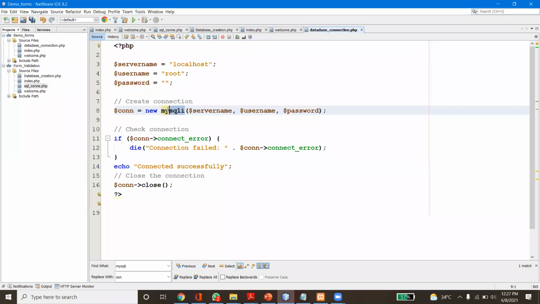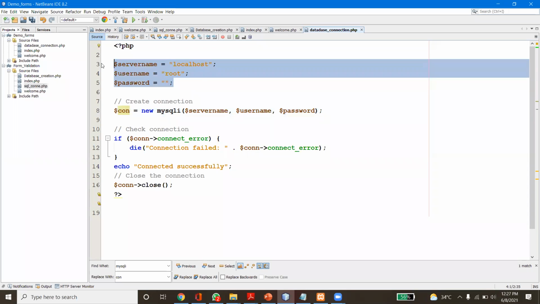Using this, we are going to create one connection object. What is the name of that object? con. I am creating a connection, where the server name is localhost, username is root, and password is nothing.